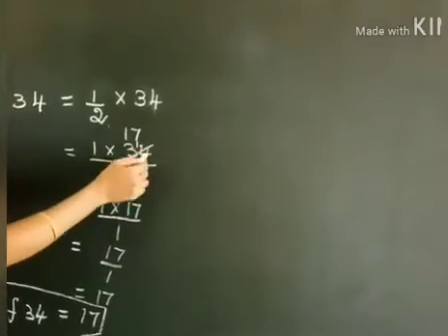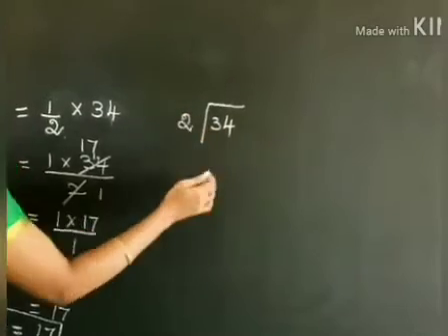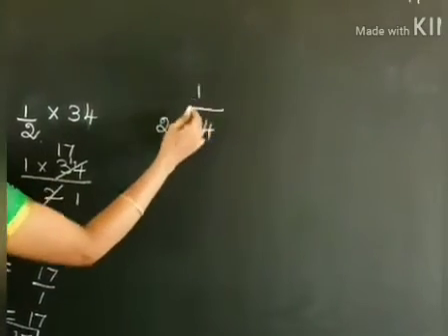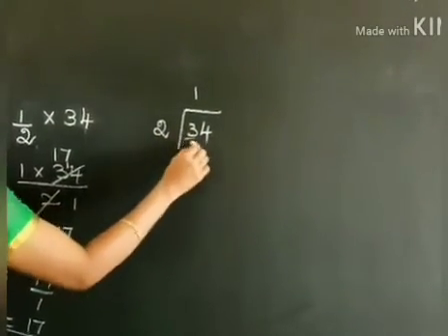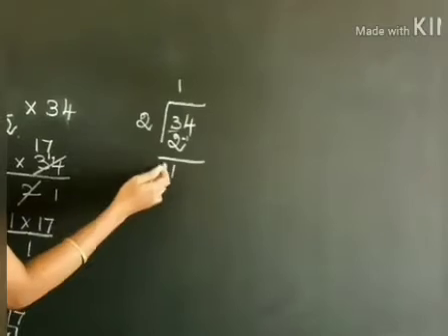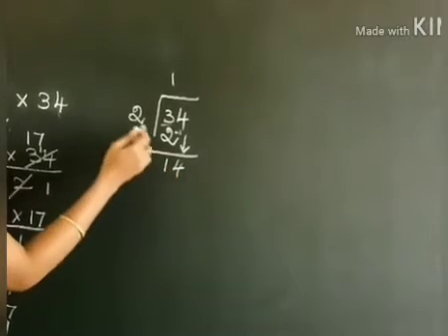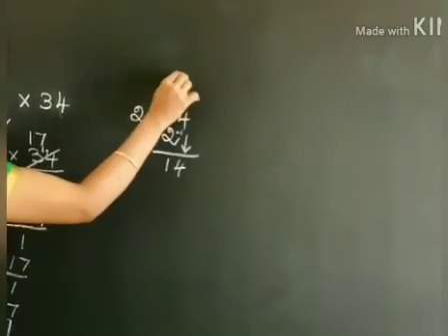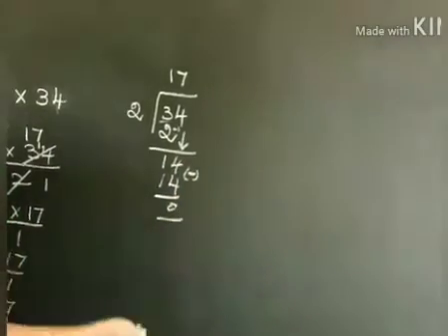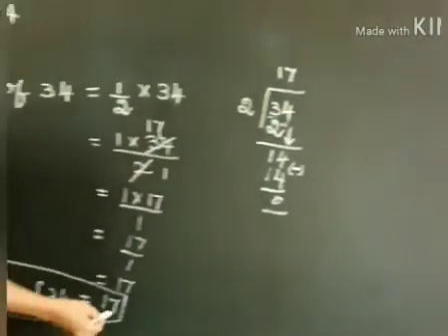Again, if you don't know the direct division, use the normal division. 34 divided by 2 in the normal division method. How do you divide? First you take 3. In 3, how many times? In the 2 table, 1 time. So 1 2s are 2. 3 minus 2, you subtract and get 1. 1 is smaller than 2, so we write the 4 here. And now the number is 14. In the 2 table how many times? 7 2s are 14. So 14 minus 14 is 0. So your quotient answer is 17. That is the answer we have written.